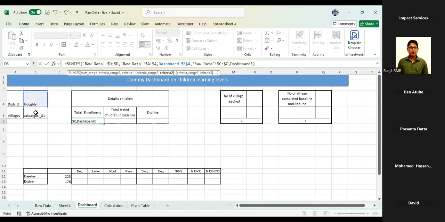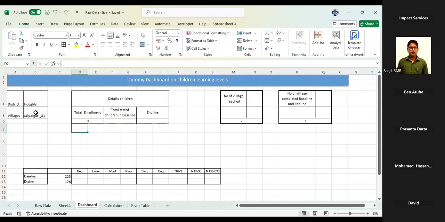At first I have selected the criteria range, and now I am selecting criteria 2, that is here, and now I am going to enter. That is 0. So I am changing, sorry,